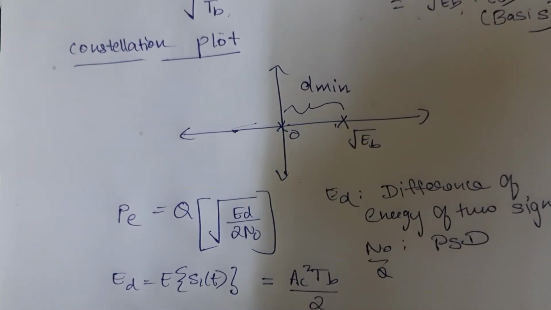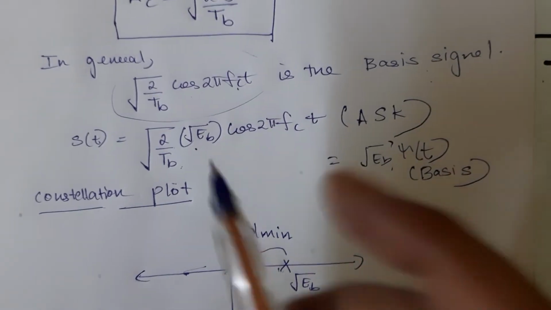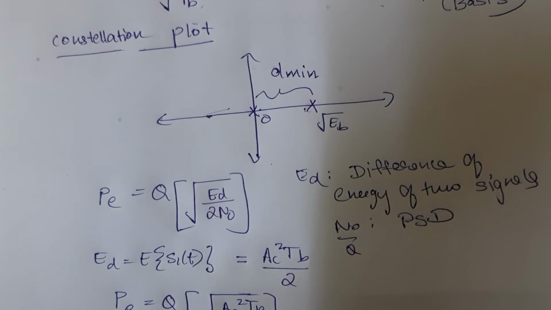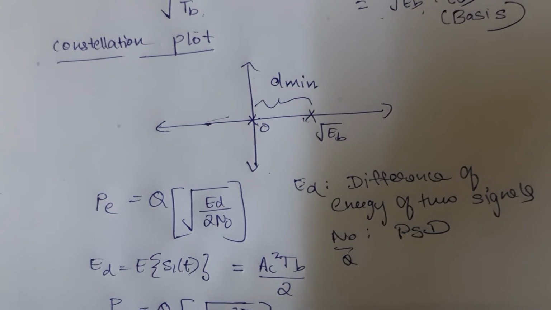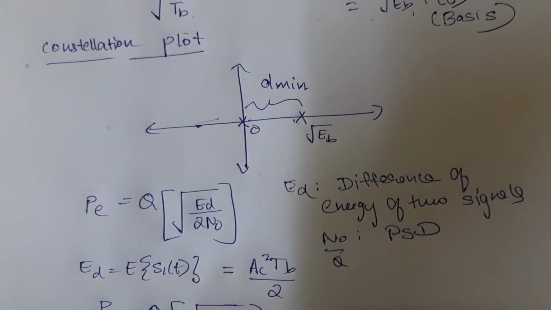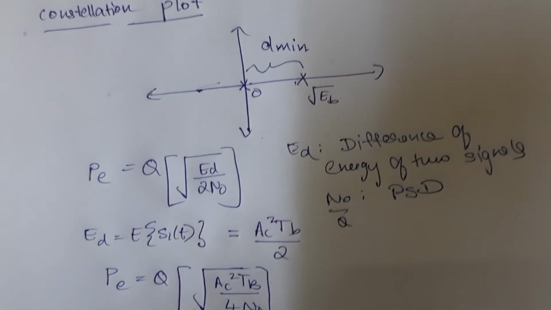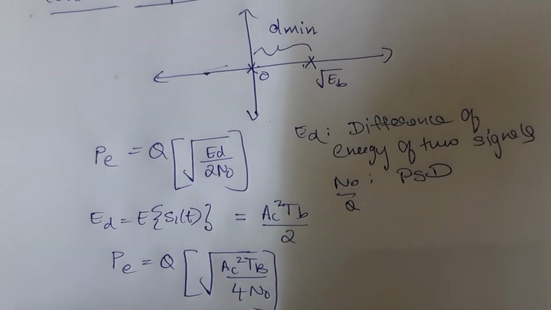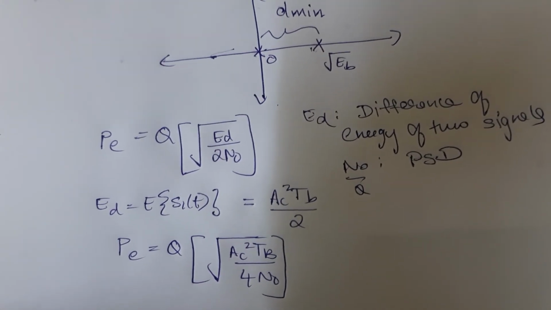Now for this particular case, since we have 0 and only one signal as C of t, this is how my resultant signal will look. The energy difference will be nothing but energy of signal S1 of t alone. That is nothing but AC square TB by 2. Now when I substitute the values, I get PE is equal to Q into square root of AC square TB by 4 N naught,